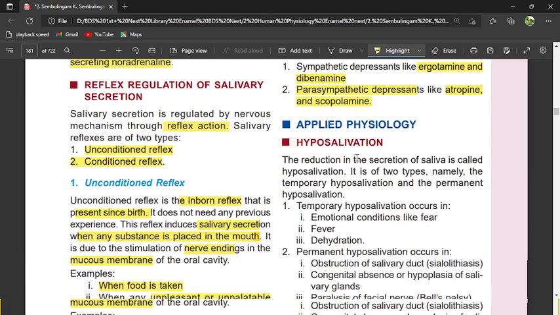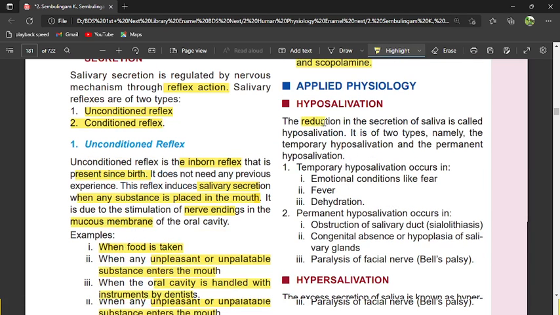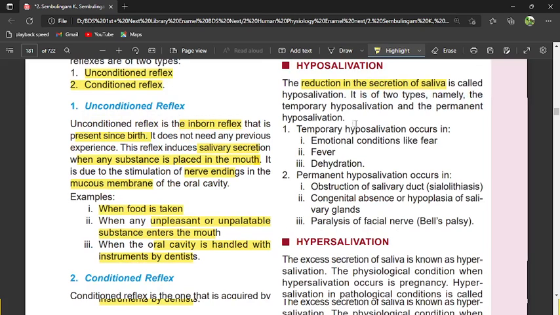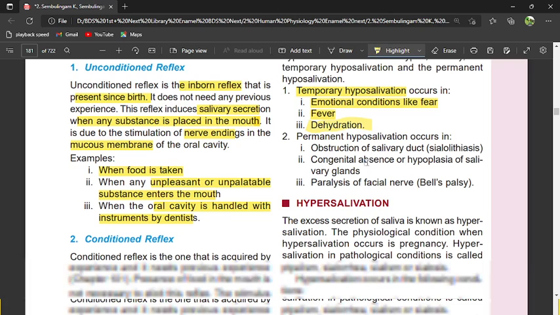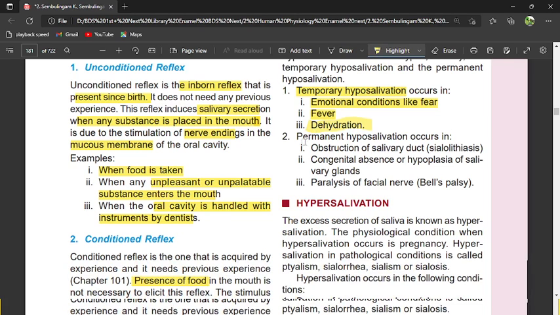Let us go to applied physiology. Hyposalivation, hypo मतलब कम, reduction in the secretion of saliva, इसे हाइपोसैलिवेशन बोलते हैं। इसमें 2 टाइप्स हैं, एक टेम्परेरी हाइपोसैलिवेशन, जो तब होगा जब आप फियर में हो, डर में हो, तो सलाइवा सेक्रेशन कम हो जाएगा, माउथ ड्राई हो जाएगा। हीट की वजह से और डिहाइड्रेशन में भी सलाइवा सेक्रेशन कम हो जाएगा। परमानेंट हाइपोसैलिवेशन मतलब सलाइवा सेक्रेशन का परमानेंटली स्टॉप। ये फिजियोलॉजिकल कंडीशन हैं, बीमार होते हैं, डर लगता है, बुखार आता है, डिहाइड्रेशन होता है।